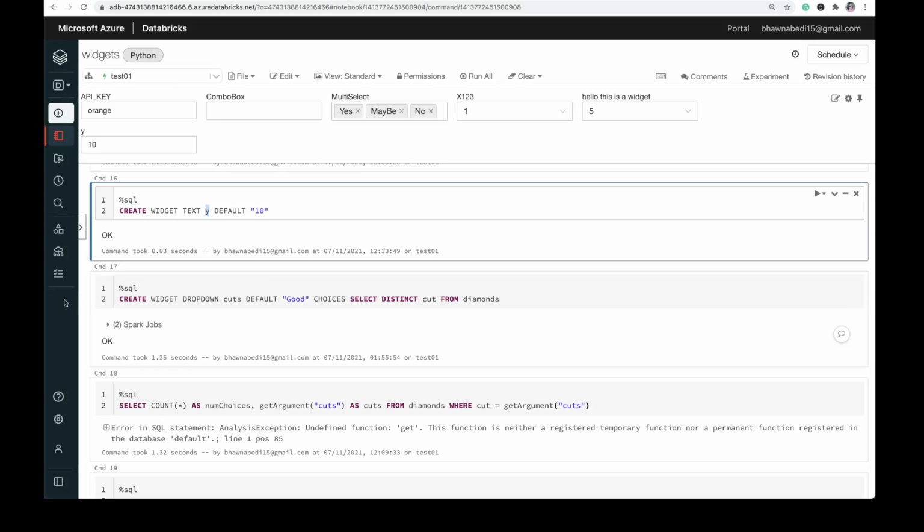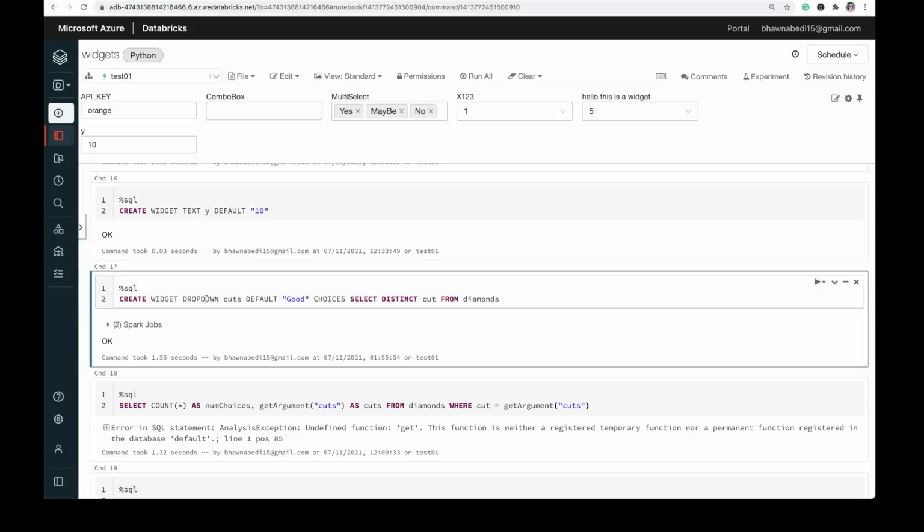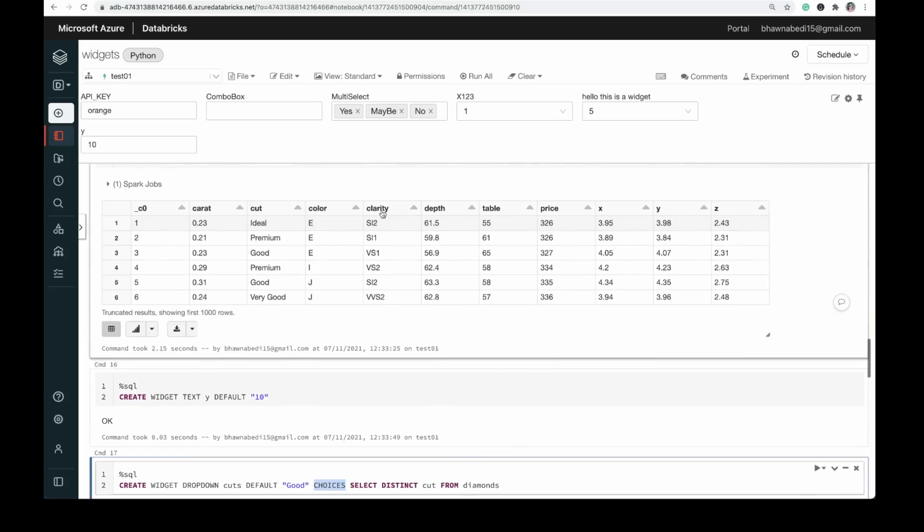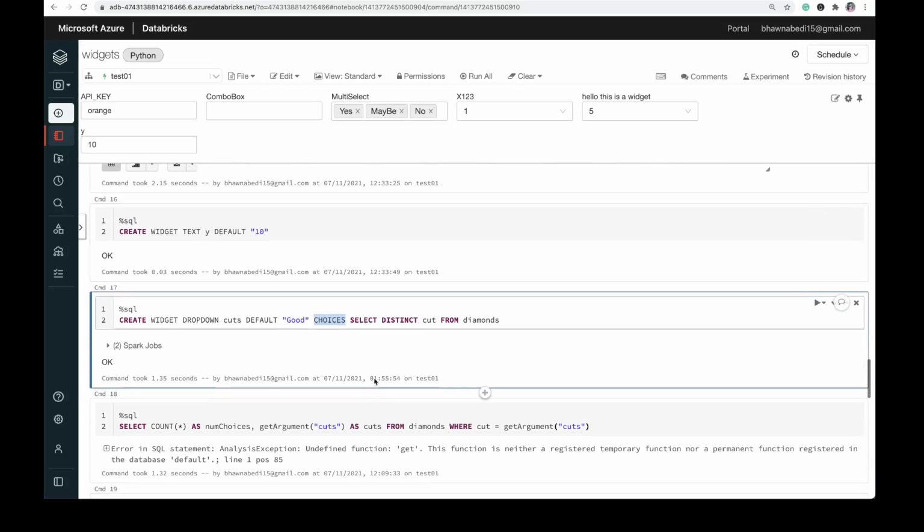In this command, create widget dropdown, create a dropdown widget. The name of that widget will be cuts, the default value will be good, and the choices that I'm going to provide in that dropdown will be select distinct cut from diamond. If you go back to this table, this is the cut: ideal, premium, good, very good. These are the values which will be taken from this table and provided in this dropdown.